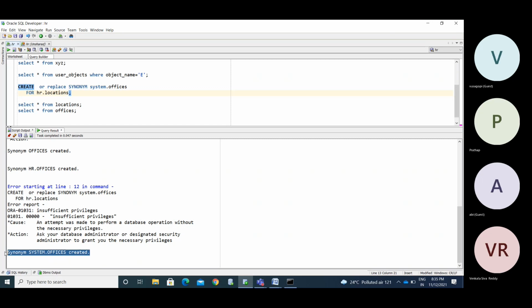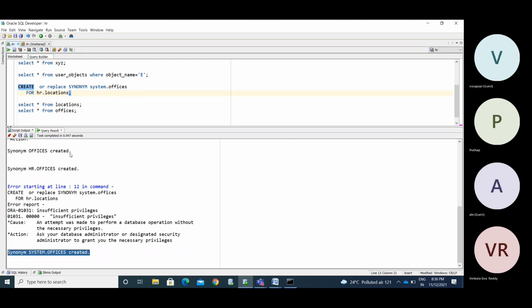Got it? So this is the use of the grants. If you want to create a synonym in your own schema, create synonym is enough for the grant.